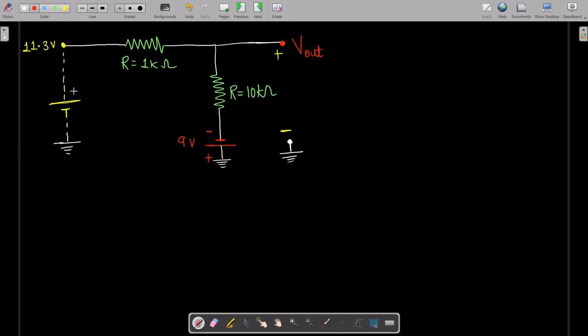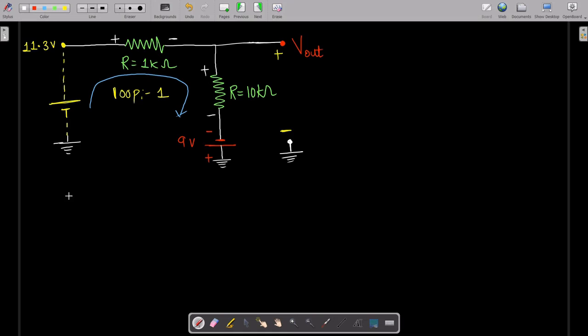Now what you have to do is apply KVL in this particular direction. It's up to you, you can apply it in any direction, but I will apply it in this direction, and you have to assume the sign convention, plus minus. Here the battery is connected in minus plus fashion, so you can't do anything about it. So you should directly apply KVL, and let's consider it as loop 1. So we will apply KVL over here.